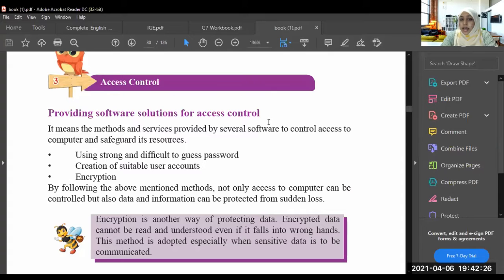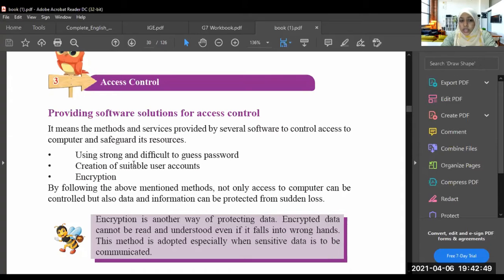So these are access issues, right? For that, we can use some software solutions. It means the methods and services provided by several software to control access to the computer and safeguard its resources.